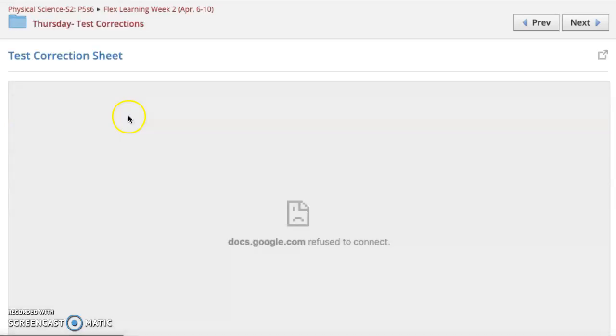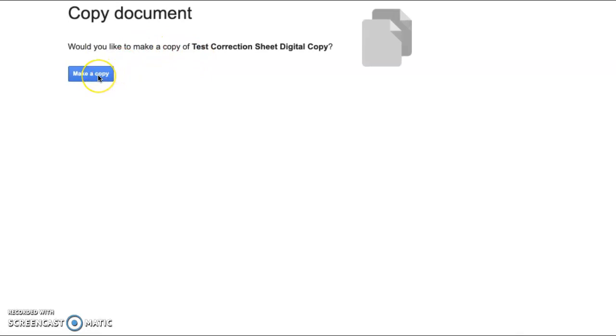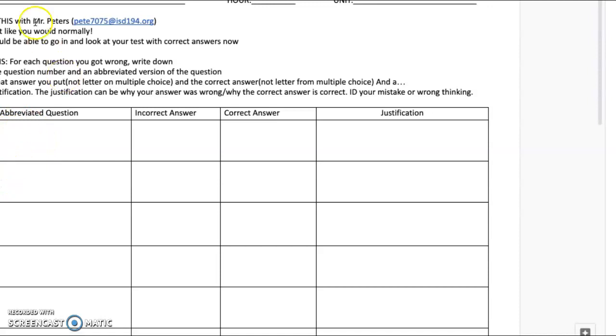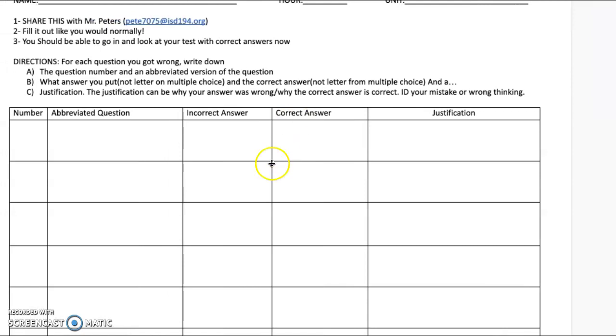So when I click on it, it should open me up to this screen. Click on it again. It'll ask me to make a copy of the document. I'm going to make a copy. Okay. Now, when I look at what it's asking me to do here, first part is one, fill out your